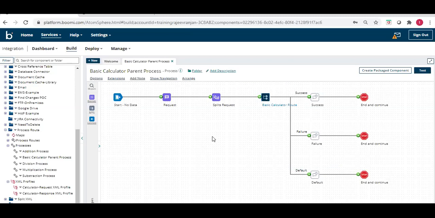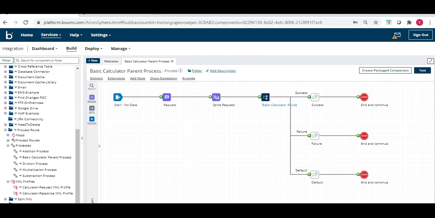So this is how we will configure the process route shape. The advantage is, if you have multiple processes, you need to use the route shape and the process call shape, so you take more space in the design. But by using only one component, the process route shape, we can minimize the design and decide dynamically, on the basis of the route key, which sub process needs to be called.